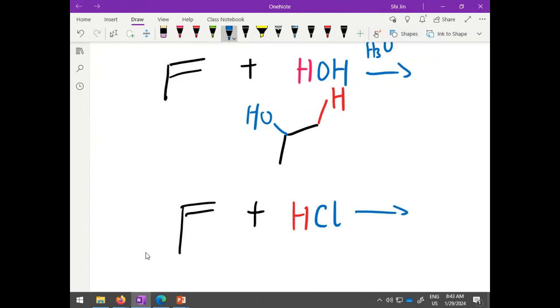Similarly again, this is the electrophilic part. Let's make it red. This is red, and it adds here, and the nucleophilic part adds to the other carbon. So those are two reactions, and they are examples of classic electrophilic addition of alkenes.